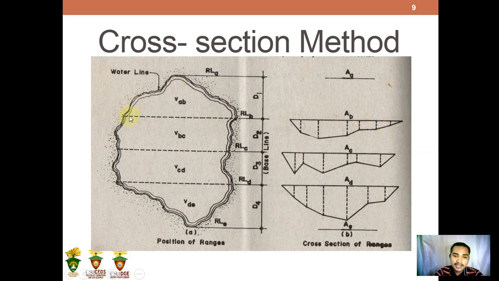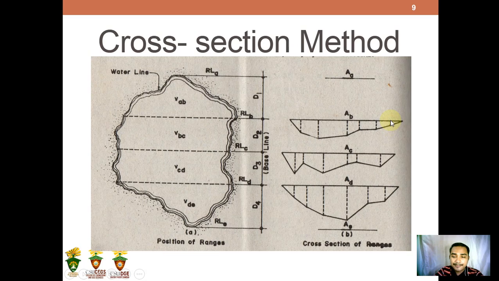For example, let's say this is the reservoir or the pond. We're going to establish a range line. This is a range line. Like what you did in your laboratory exercise number 2, where you established a range line. In every pond, there should be a series of range lines. Then from the range lines, for example, in range line B, you need to have a series of verticals,